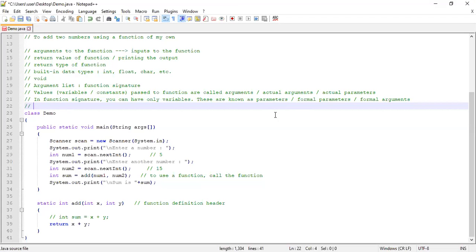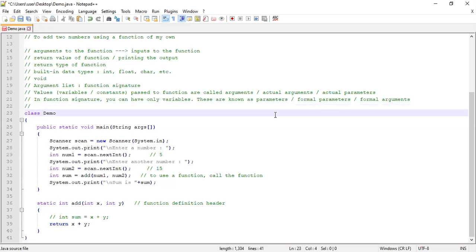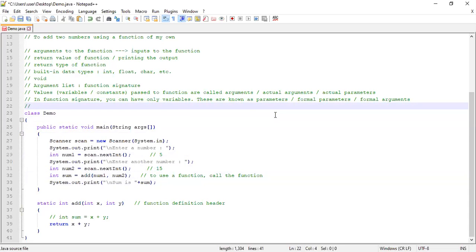As I was saying, we can categorize user-defined functions for our convenience into a few groups depending on the return type and the arguments. So depending on the existence or non-existence of arguments and return types, we can categorize our user-defined functions. So one type we saw here. What kind of a user-defined function is this? This user-defined function is one where you have